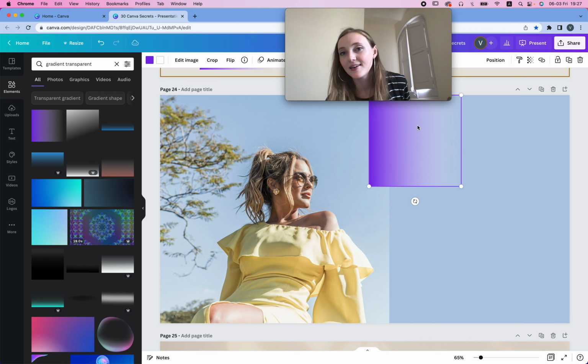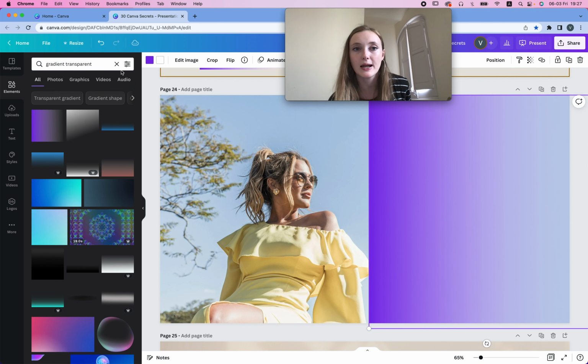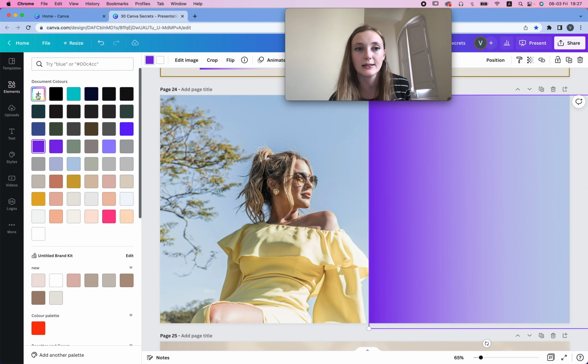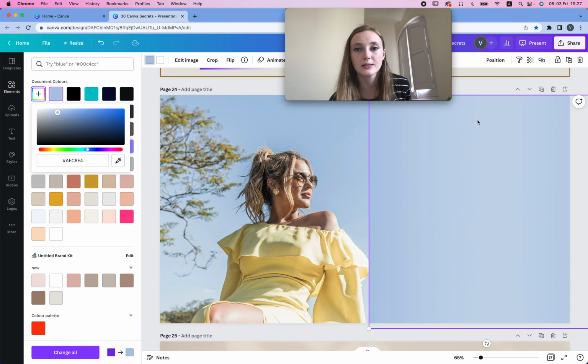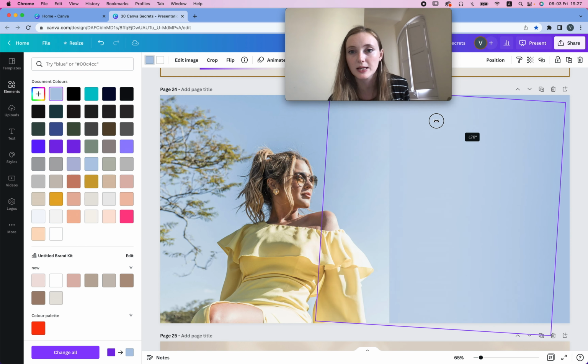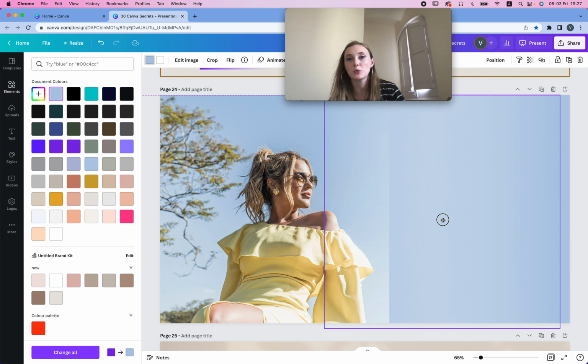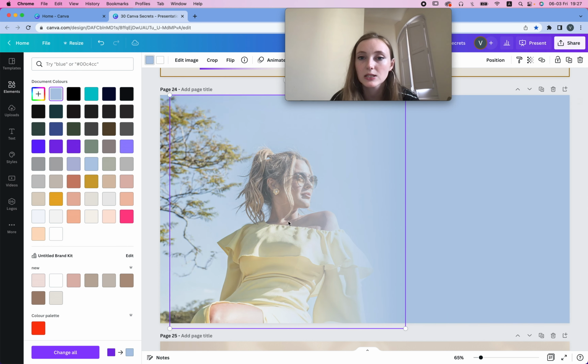Okay. So I'm gonna add it here, and I'm gonna add the color that I need. And I actually realized that it has to be the other way around. The more transparent side has to be on the side. Anyways, so now there's multiple ways to do this. If we go like this, the line is done, but then we kind of cover the model. So sometimes it's gonna be good because you want to highlight your ads copy, but most times you want the